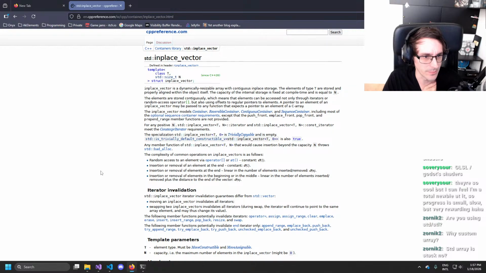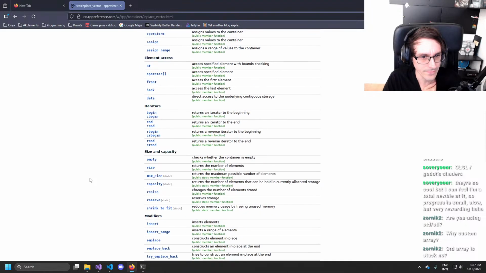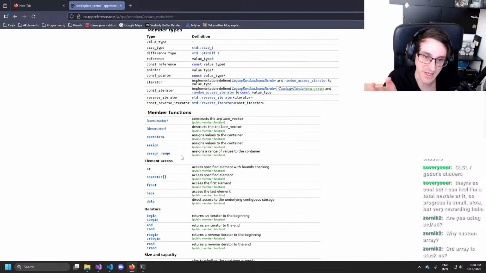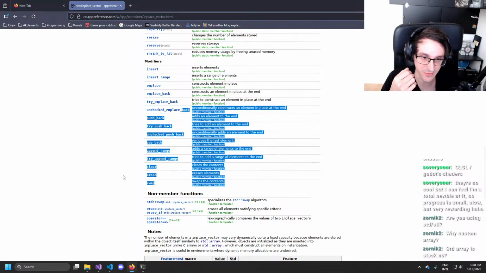But it grows to a max size as far as I know. So that's basically what I would have wanted from my in-place array. That is basically a simplified version of this.